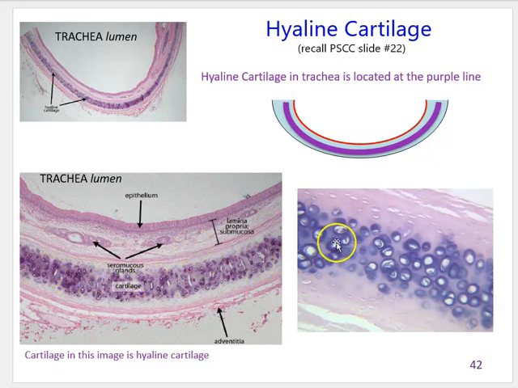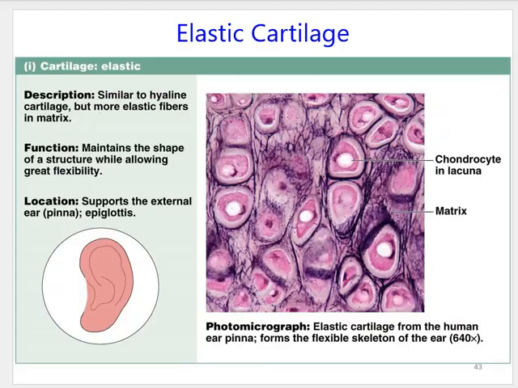When you magnify it, you just see that the lacunae are kind of floating in this featureless extracellular matrix, and that's what they are. That's hyaline cartilage. The other two types of cartilage have fibers in the matrix, and so they don't look like that. So one is elastic cartilage,